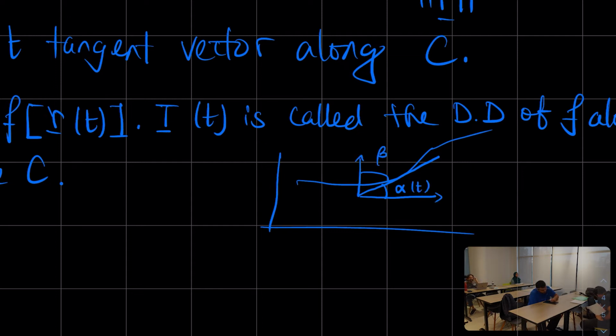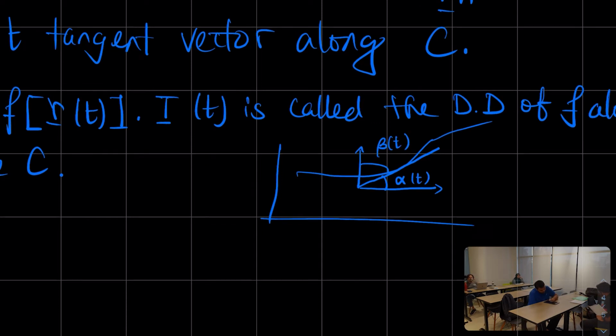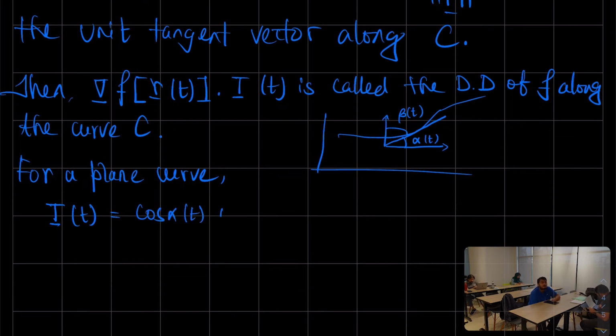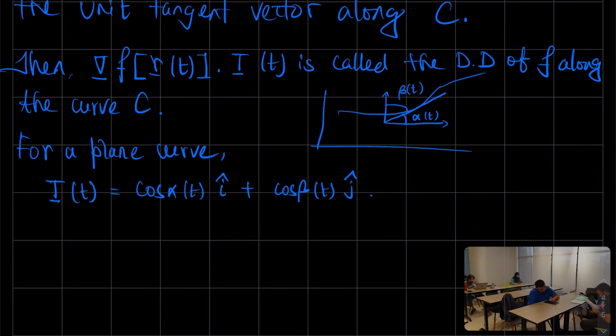These are changing with the curve, so they are also functions of t. For a plane curve, say T has this expression. You can check its norm is 1, and from this you can easily find the decomposition from the picture. So the directional derivative along the curve, if we compute it here,